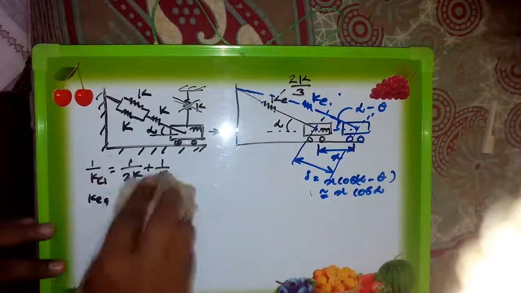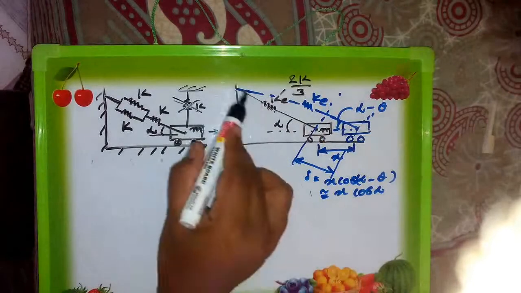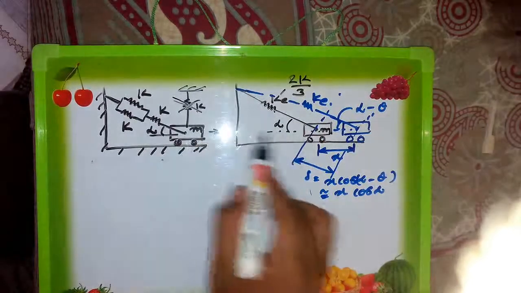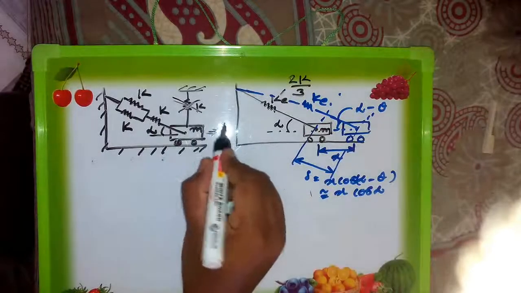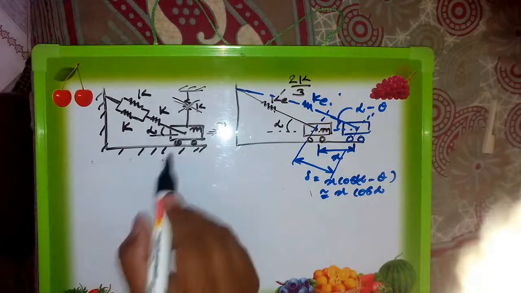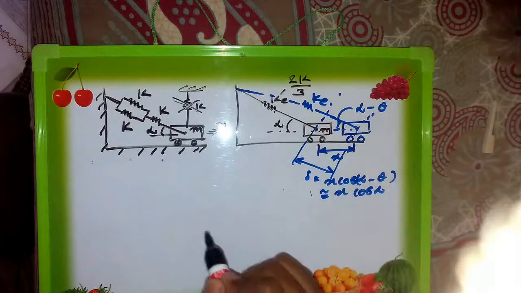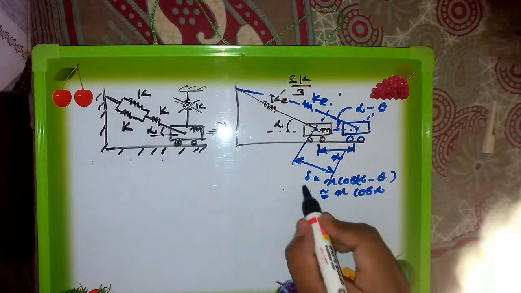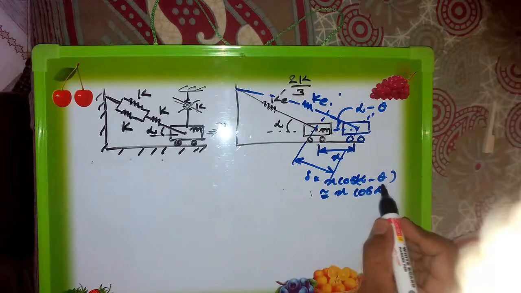Okay, now see, still this is the equivalent spring stiffness. Now displacement of the spring is along this direction, that is alpha with the horizontal, and mass is traveling along this direction by displacement x as shown in figure. It means that displacement of spring is not the same as x. That way to find it out. So that displacement delta I can find as x into cos of alpha minus theta.